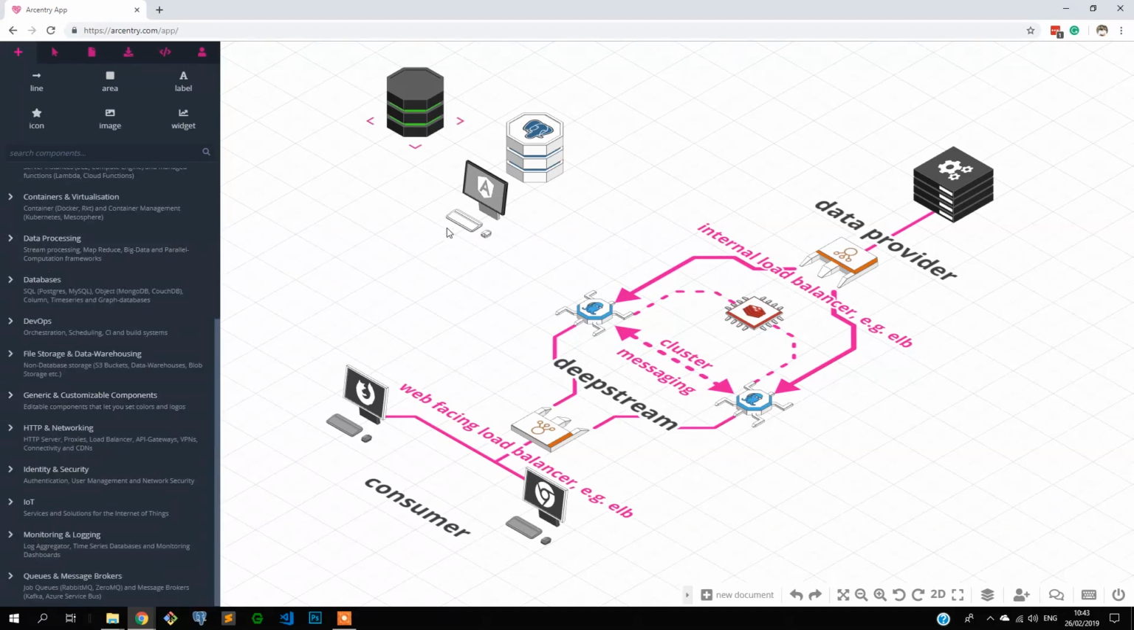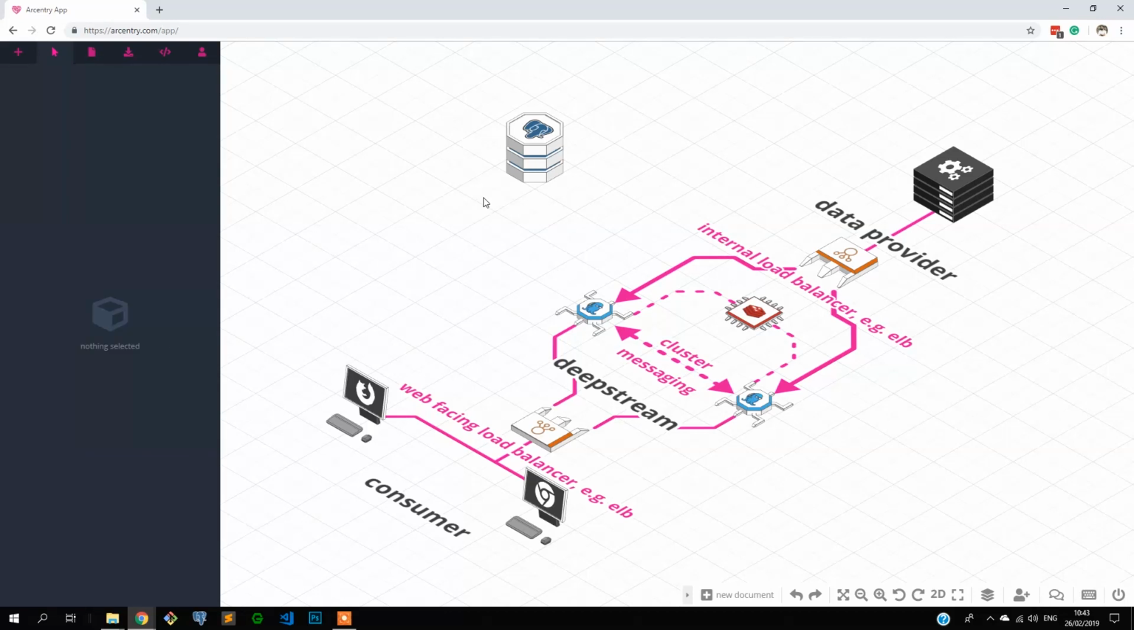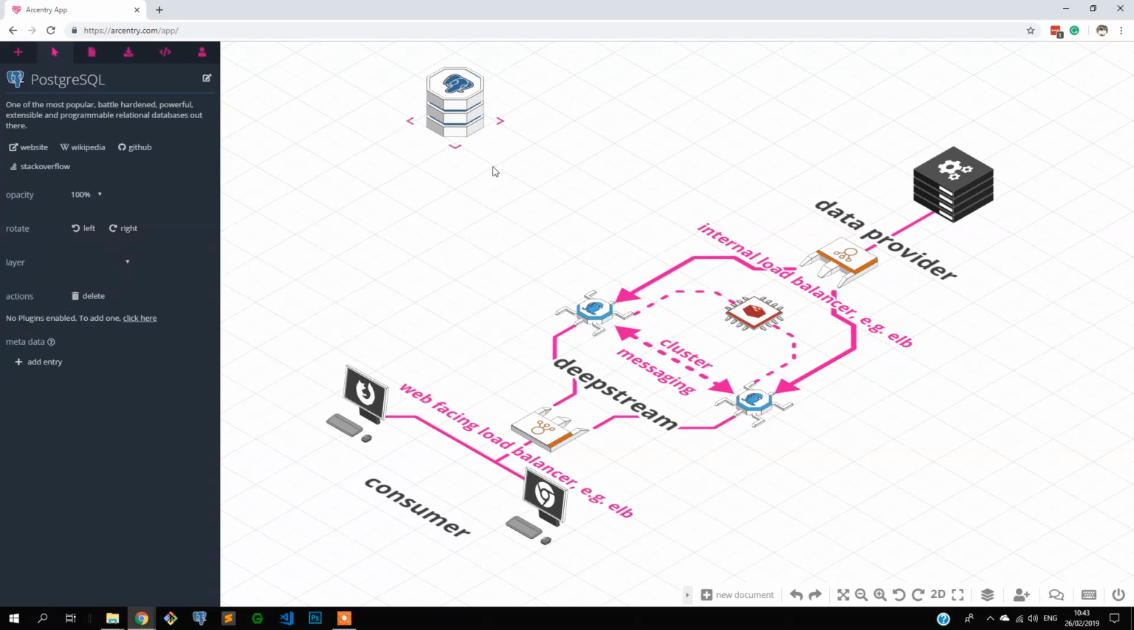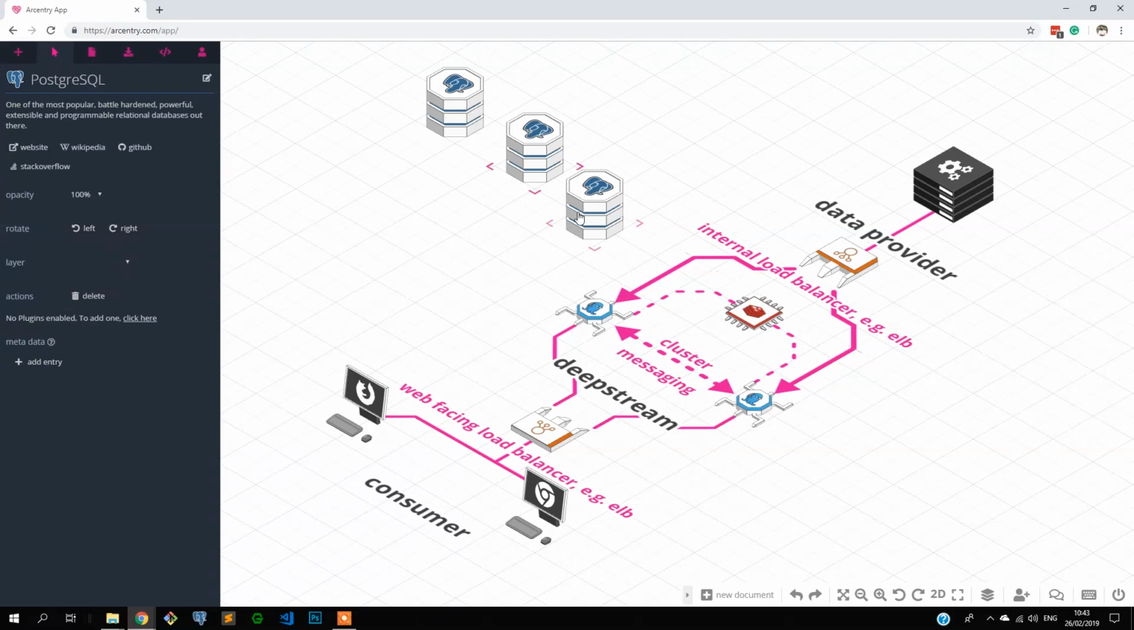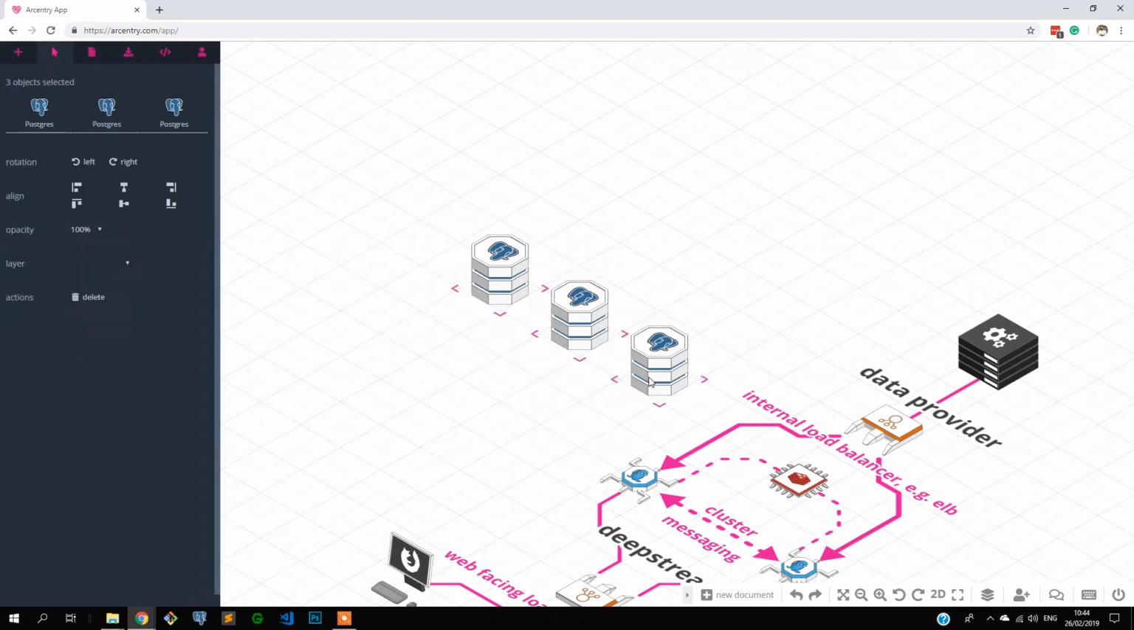So let's delete these two, and let's build a very basic architecture. I'm going to start by copying this Postgres database and paste it twice. Let's put this here and here. You copy and paste by pressing Control or Command on Mac, C for copying and Control or Command V for pasting. Let's move them over here